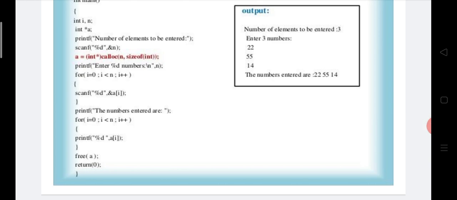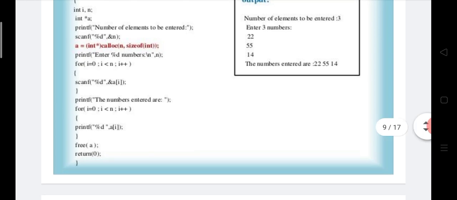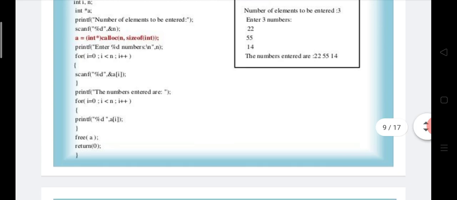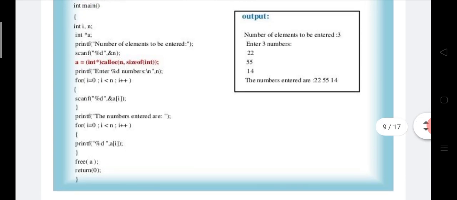Then printf the numbers entered are. Whatever numbers are entered by the user will be displayed by using the next for loop: for i is equal to 0, i is less than n, and i plus plus. i is less than n means i is less than 5, so this for loop will also be executed 5 times. Whatever data is stored in the array a will be displayed by using printf.